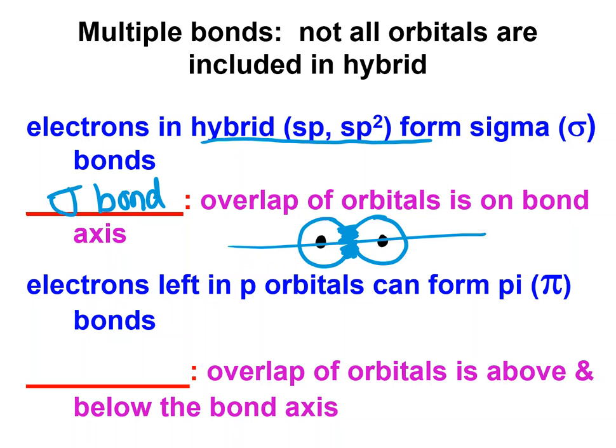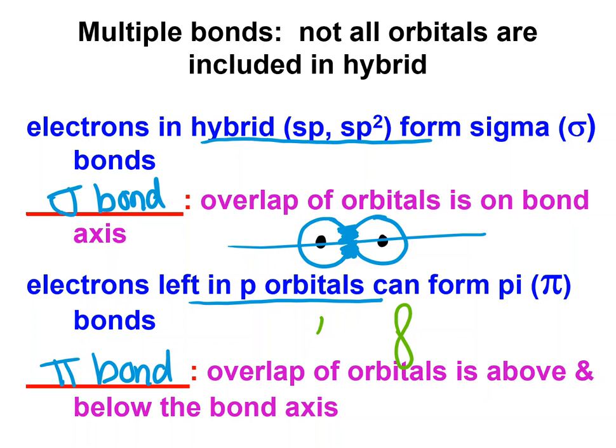The other possibility is a pi bond, and this is from p orbitals. You need to keep track that pi is from p, sigma are from the hybrid. A pi bond has the overlap above and below the axis. And so how this happens is that you have p